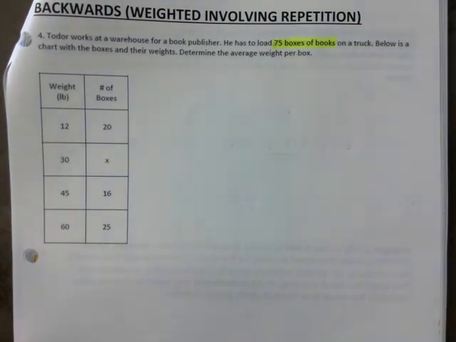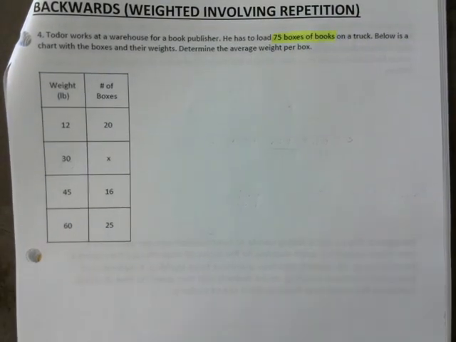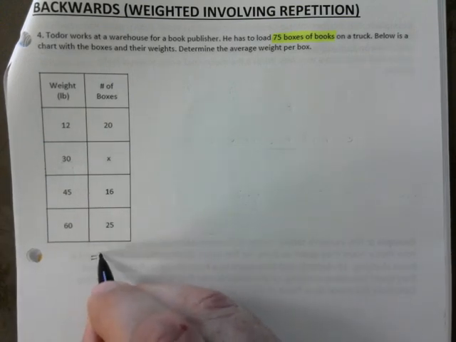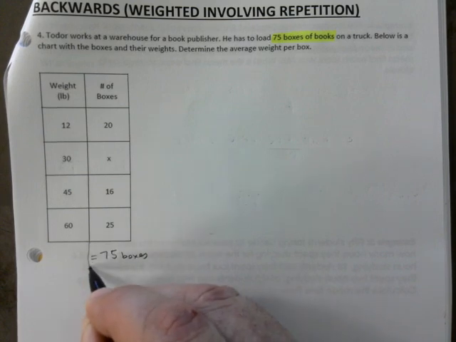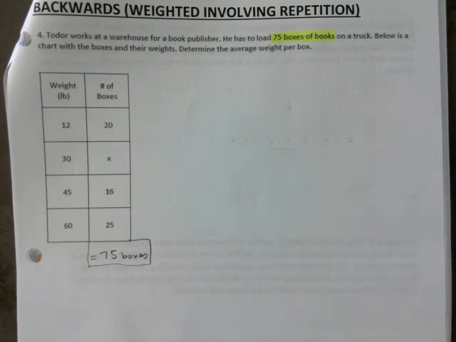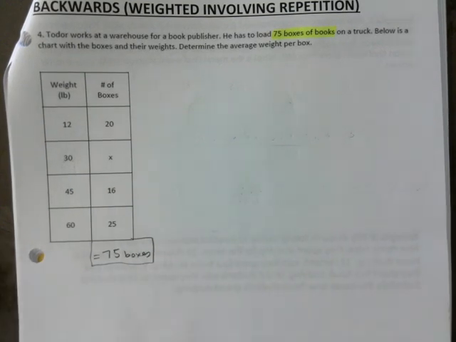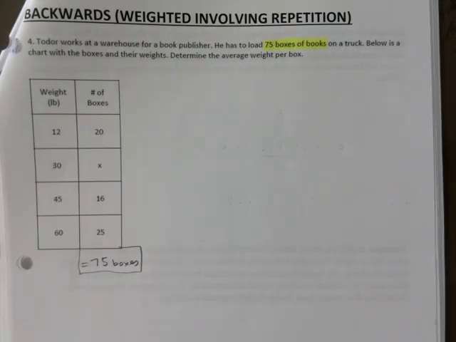There are 75 boxes there. So this should add up to 75 here. And this box right here, if you had one, should add up to 75. So figure out x first. It's a mini backwards question. How's that? So try that, and then after that,